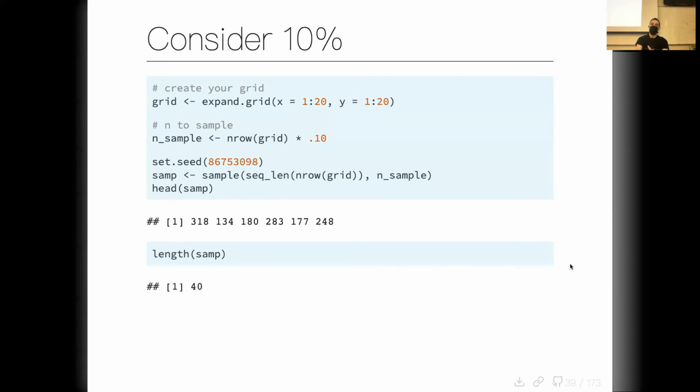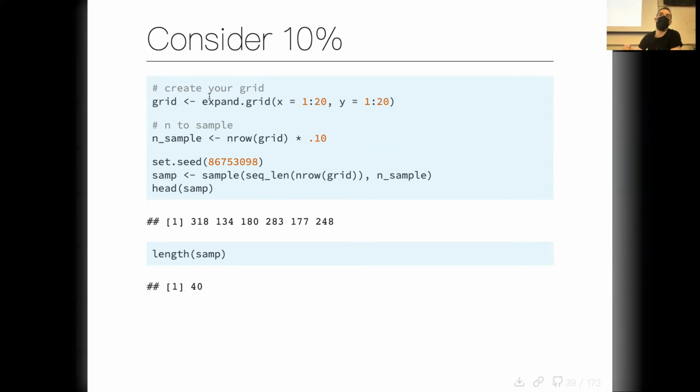Okay, first, you can go ahead and copy this code and start running it, and I'm going to talk you through it while you're doing that. Okay, first you're going to create your grid. So this is just like I did before. expand.grid, put your X value and your Y value. So if you wanted a 10x10 grid instead of a 20x20 grid, you just change this to 1 to 10, 1 to 10. Okay, so there's my grid,